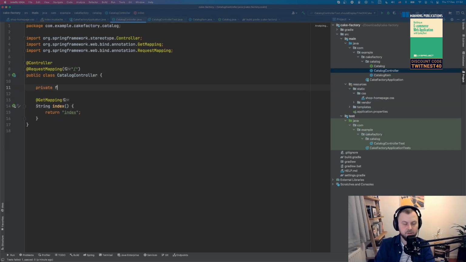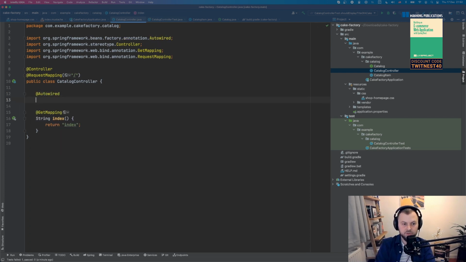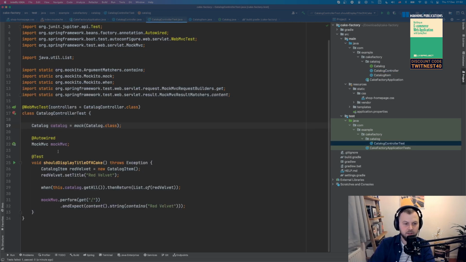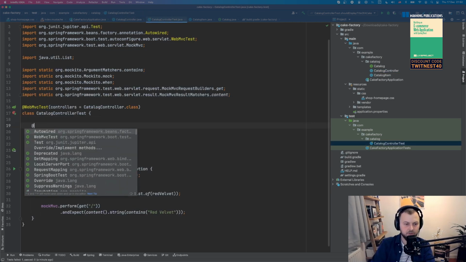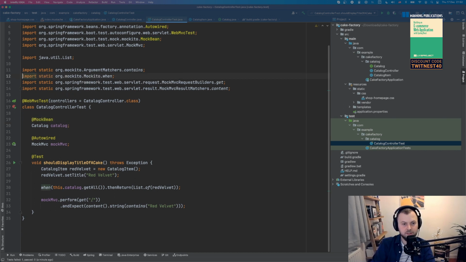So I'm going to use another type of, as I mentioned before, you can use AutoWire to inject objects of a certain type into your application, into your classes, basically. So what I can do is something like catalog, and then basically give me a catalog. And I just realized, sorry, that I don't need to create it manually. Instead, I'm going to need to put a mock bean on that. So with this mock bean definition, Spring Test will create a mock instance of this catalog and then inject it into the application context. So my classes and test classes can use that.